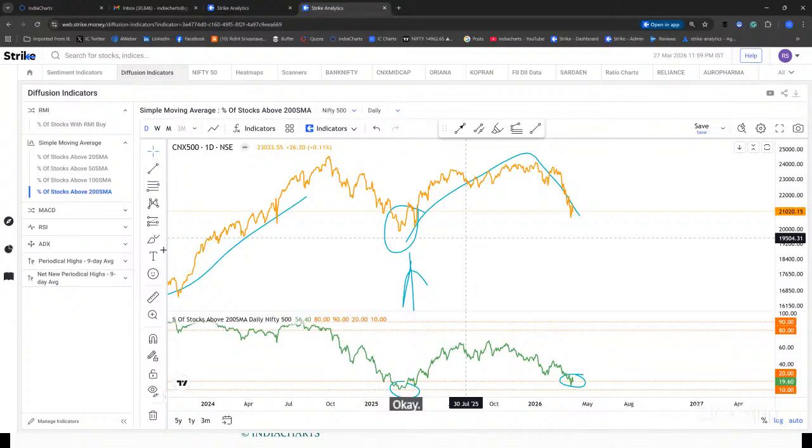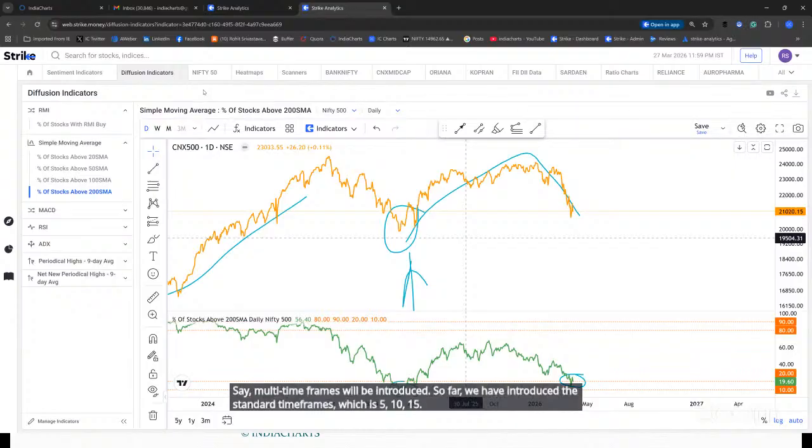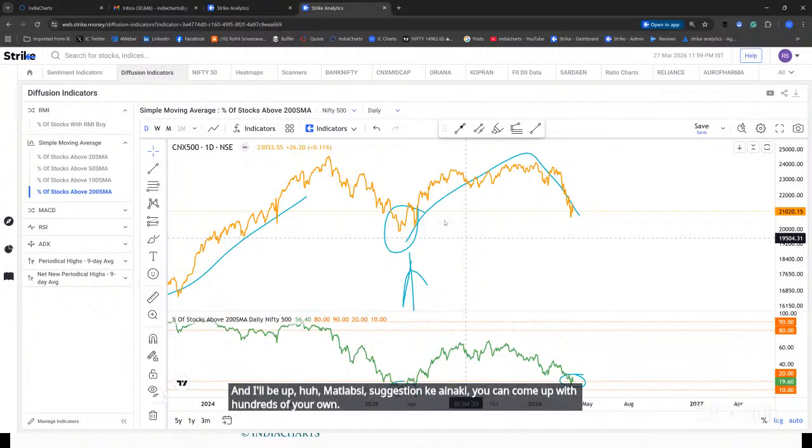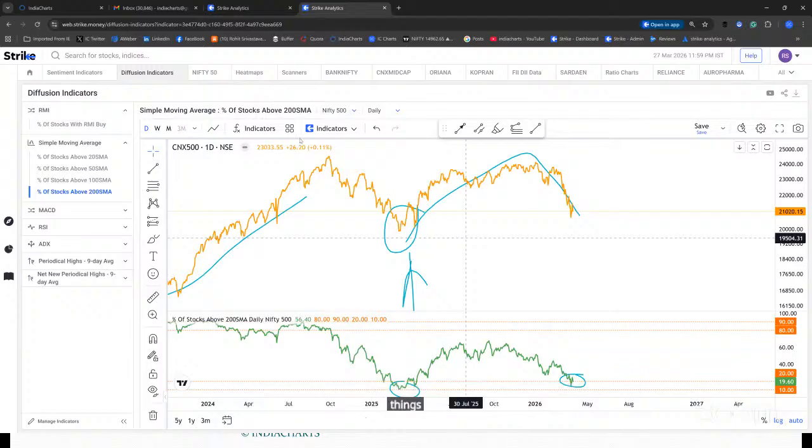See, multi time frames will be introduced. So far, we have introduced the standard time frames, which is 5, 10, 15. Now the suggestion is that you can come up with hundreds of your own things, but